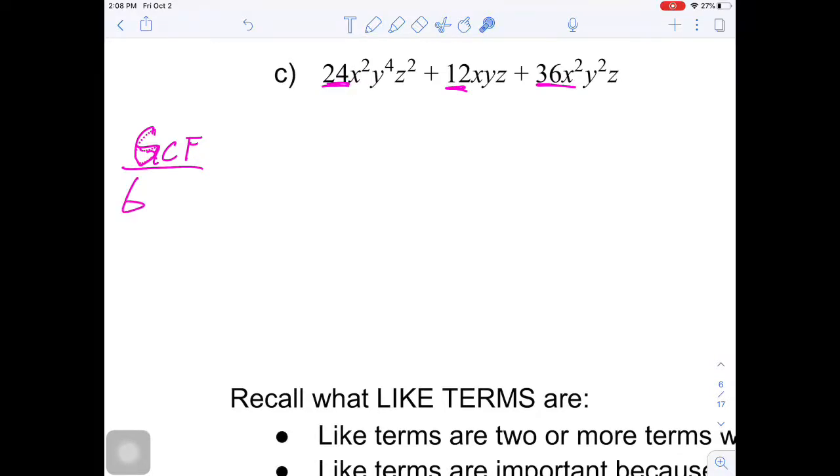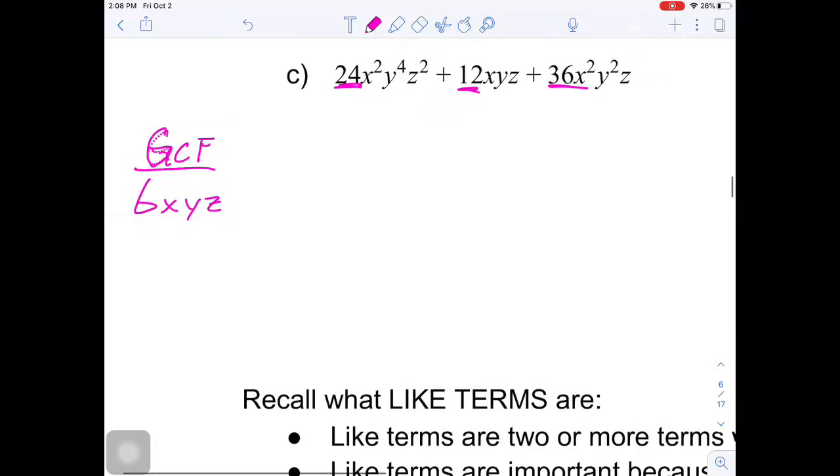Now, look at their variables. This one has an x squared, this one has an x, and this one has an x squared. Each one at least has an x, so I'm going to take out x. Focus on your y's. This is y to the power of 4, y to the power of 1, y squared. They all have at least y here. And then z squared, z and z, they all have at least a minimum of 1z. So I'm going to take this out. So this will be 6xyz,